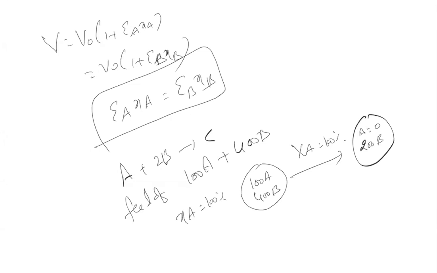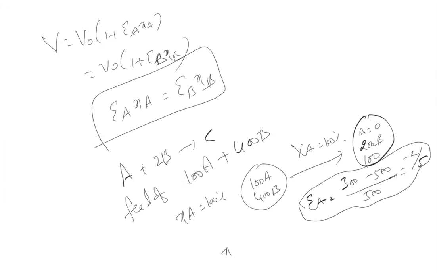How many B will be consumed? 200 B will be consumed, so 200 B is left. How many moles of C formed? 100 moles of C formed. Then the final moles are 300, minus 500, divided by 500, which is minus 2 by 5. So this is what is EA.